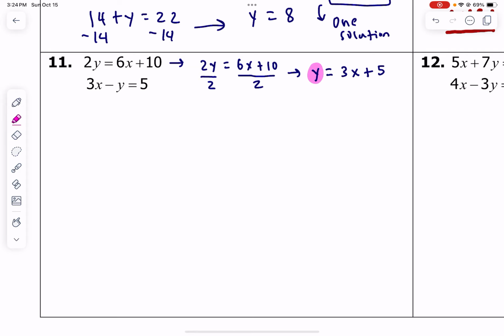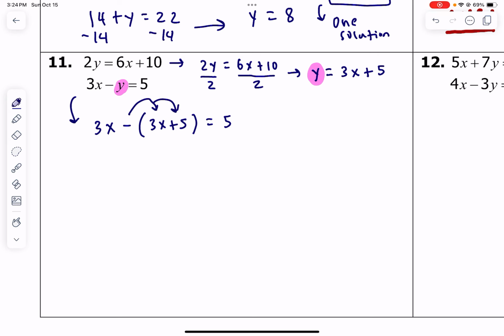Now we have solved for y. We can substitute this y into the second equation for y. So you get 3x, be real careful here, minus, you're making a substitution, so put parentheses, (3x plus 5) equals 5. Make sure to distribute the negative into each one. You get 3x minus 3x minus 5 equals 5. Notice that the 3x and the 3x will cancel out, and you're left with negative 5